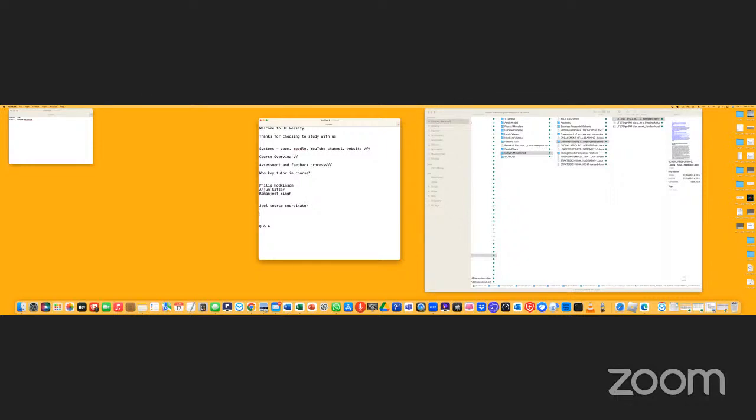Now, if you ever need to write to UK Versity, anybody in UK Versity is always the first name followed by ukversity.co.uk. Okay. So it is that simple. So if we need to write to Anjum at UK Versity. If we need to write to Phil, it'll be Phil, not Philip, but Phil at UK Versity. And if you need to write to me, it'll be Raman at UK Versity. If you need to write to Jill, it'll be Jill at ukversity.co.uk.